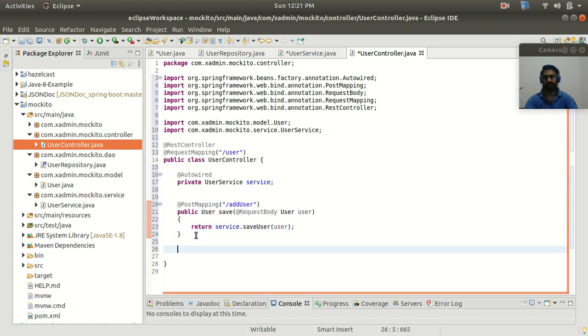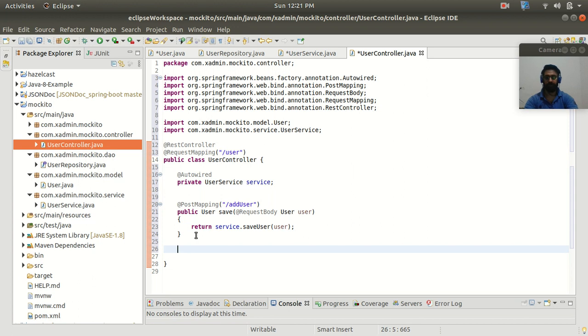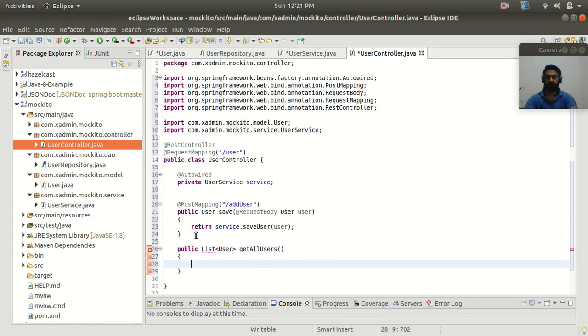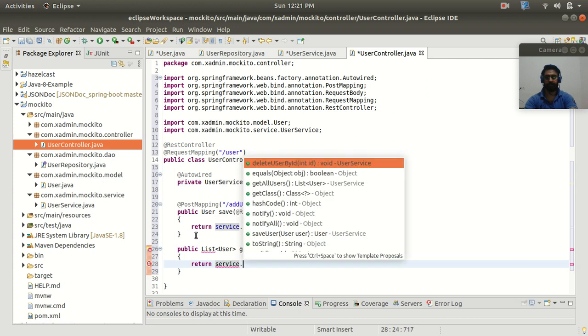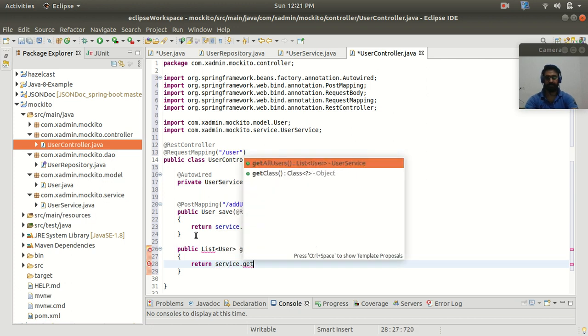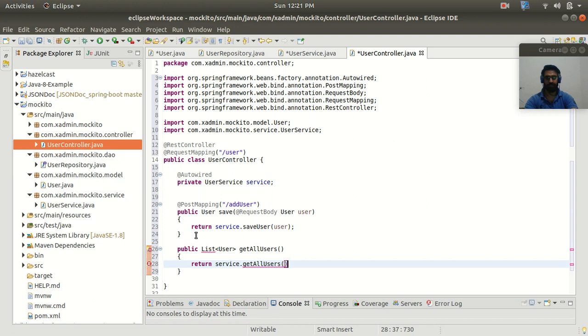So now let's write another endpoint for getting all the objects available in my database. So this will be returning a list of users, get all users. So return service dot, we have created a method just now, get all user, right?